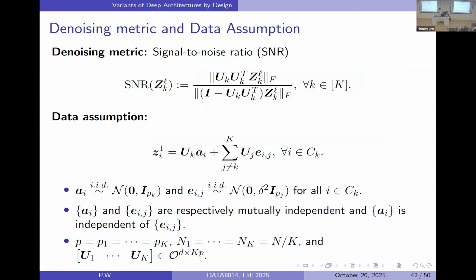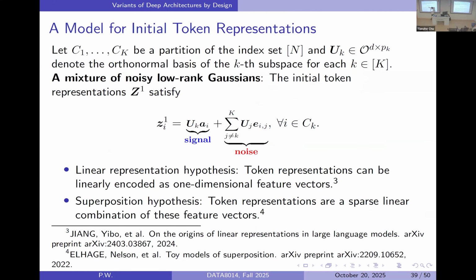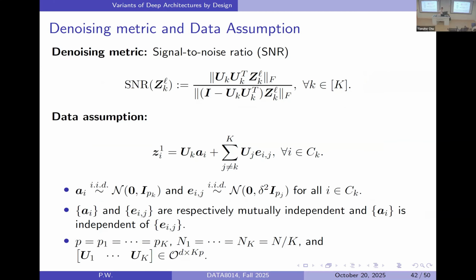So here, first we need to introduce a denoising metric, that is the signal-to-noise ratio, right? Like we said, for each layer, you can see here, for each token representation, the initial token representation, right? This is the signal part. This is the noise part, right? Then based on this, we can introduce the following signal-to-noise ratio metric. What is the